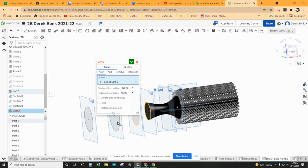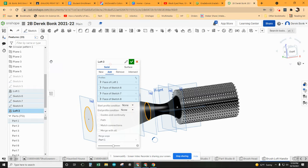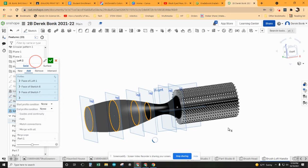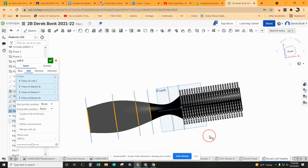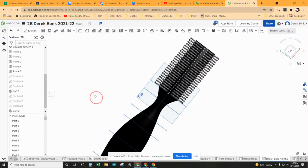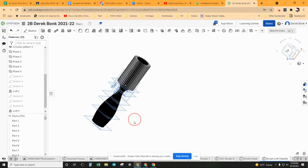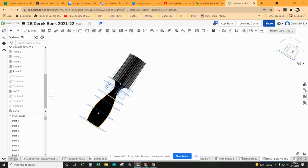here, here. Remember, these do have to be done in order. You can't click randomly through. You have to make sure it's all set up right. So that's like an oversized bulge in the middle, but it's different. But if I wanted to go back and modify it a little bit, I can go into whatever